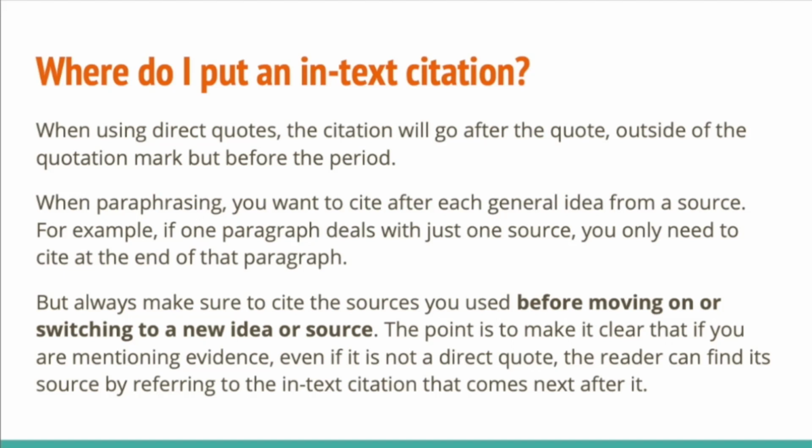If you switch from one source to another within a sentence or a paragraph, you need to make sure that each one is clearly marked by your citation and where it came from. So, for example, if you are quoting something from a Dr. Anderson in their first sentence, and then the next sentence talks about Dr. Wilson, but then the sentence after that is also Dr. Anderson, you need to cite every single one of those sentences separately. Anderson, Wilson, Anderson. This is to make sure the reader doesn't get confused and that you are not accused of